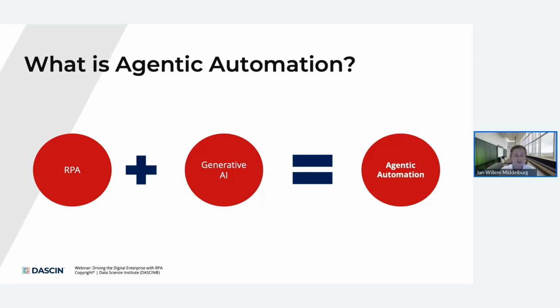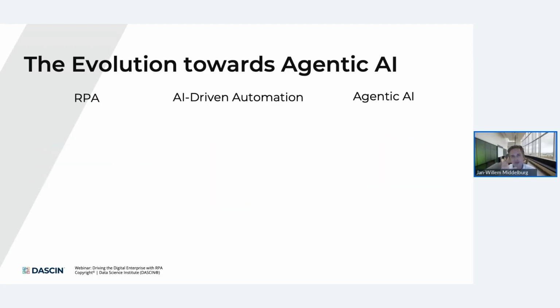That's really one of the critical differences between RPA and agentic AI: the robots and the workflows can now include reasoning steps. In traditional, more rule-based approaches, this was previously not possible. I always like to illustrate a little bit more with an example. If you look at the way that agentic AI has been evolving in the last few years, you can basically divide it into three main steps.